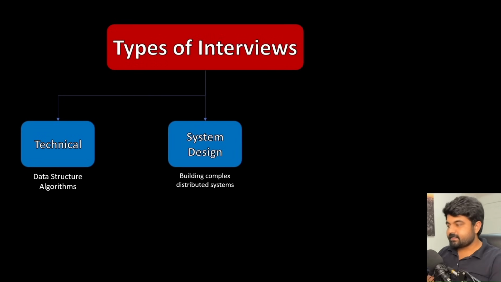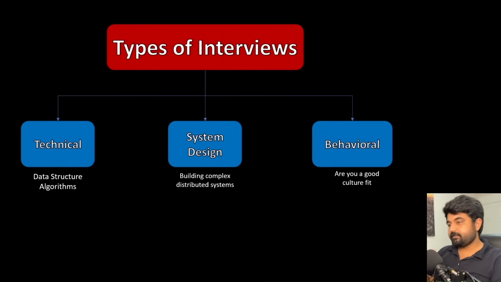Next is a system design interview, where you are typically talking about the broad ocean of computer science and distributed system concepts, where you talk about everything related to how you can build a more resilient and desirable system. If you have to build your own Twitter or Google like system, how would you do that? What are the trade-offs you would consider? And the third one is the behavioral interview that we are going to put most of our emphasis on for the rest of the course.